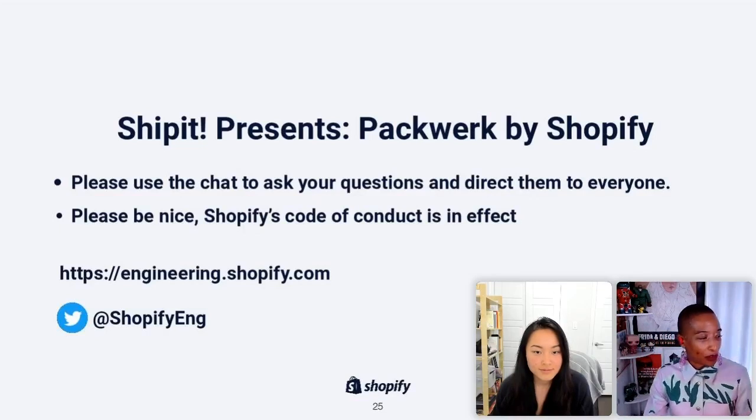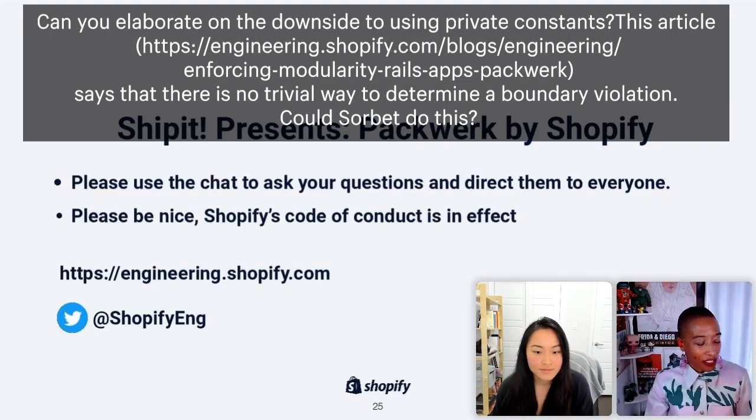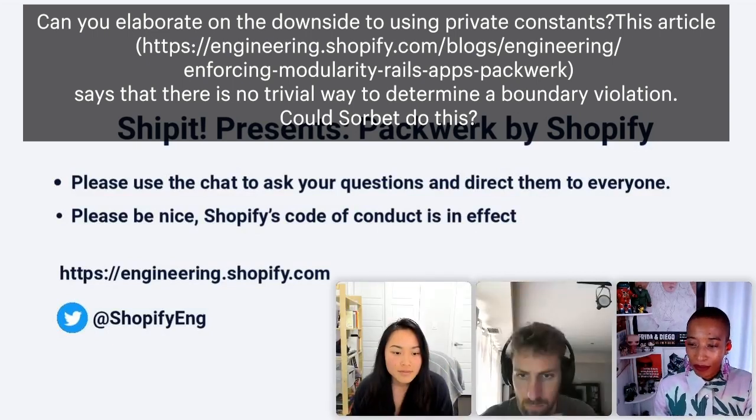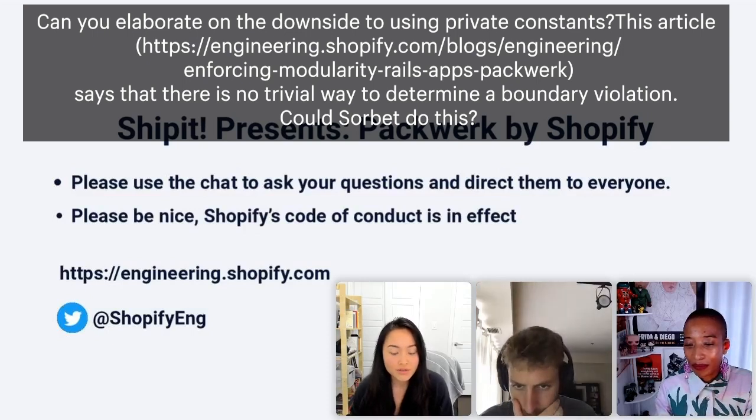Can you elaborate on the downsides to using private constants? This article, and it's your article, Maple, says there's no trivial way to determine a boundary violation. Could Sorbet do this? I haven't tried it with Sorbet. I'm not sure. But what I meant when I said there's no trivial way to determine a boundary violation is